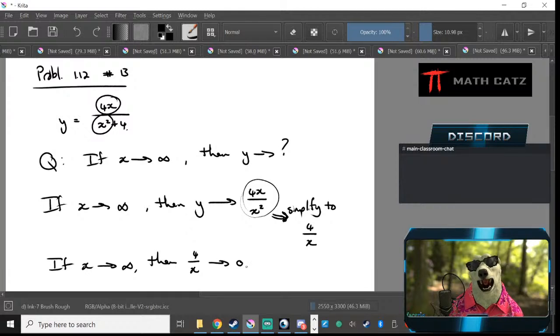If I look at the original function, 4x in the numerator, x squared plus 4 in the denominator, the whole thing shrinks down to 0 eventually. In the middle, other things are happening. I have no idea. Long term, the whole y value shrinks down to 0, which when you think about it makes sense